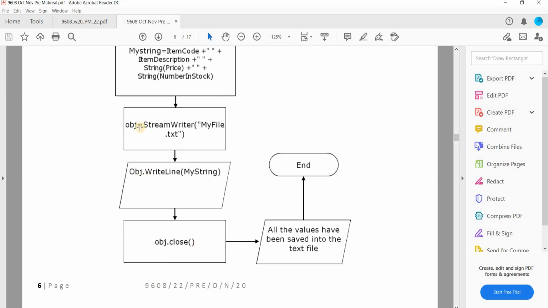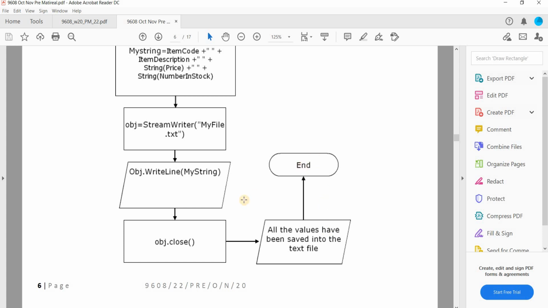After this, I will open the file in writing mode, and obj is the pointer to that file, and obj.writeLine my string. After this, I will close the file, show the message that all the values have been saved into the text file, and then end.